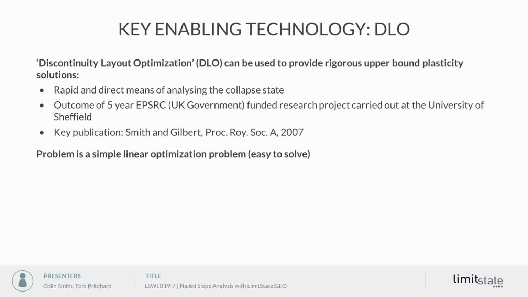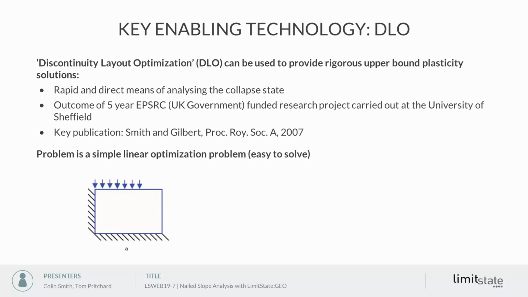It's the outcome of an EPSRC project carried out at the University of Sheffield, and the first publication outlining this new method was published in 2007 in the Proceedings of the Royal Society. Now, the way the core method is formulated is a simple linear optimization problem, and it's quite easy to describe it. So just go through the principle here